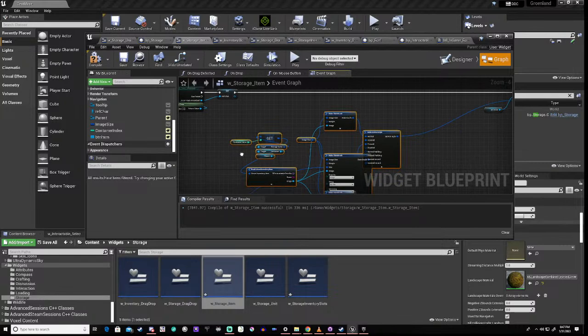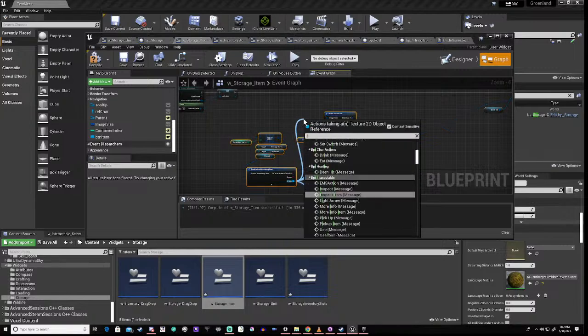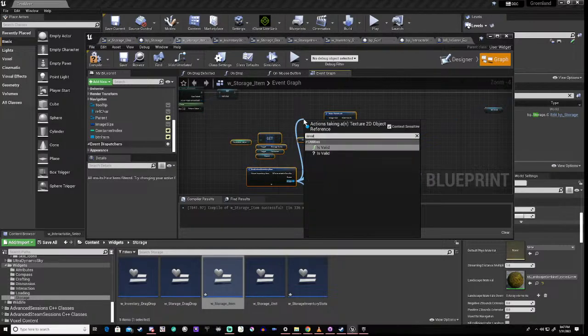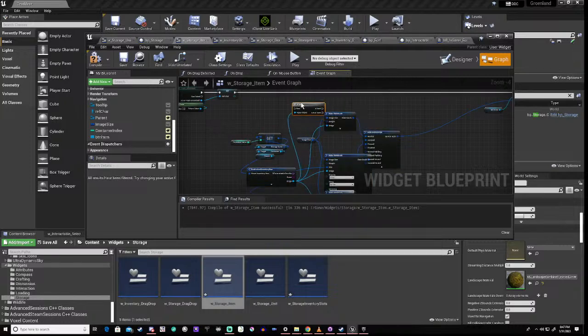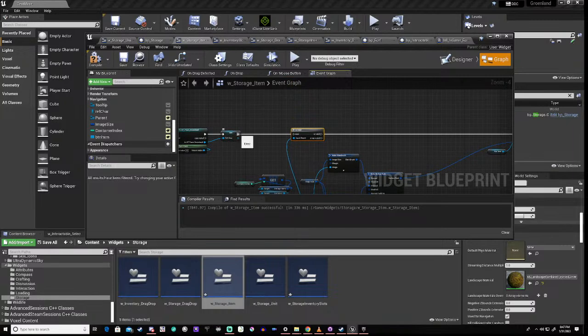So, what we're going to do is check and see is valid. We do want it to draw this widget, but what we don't want